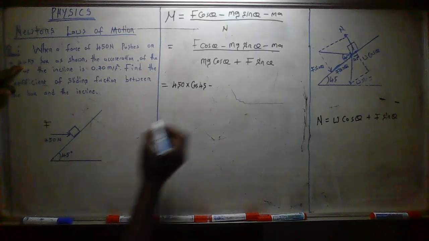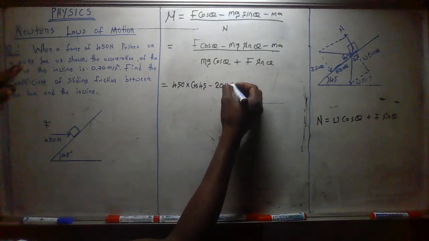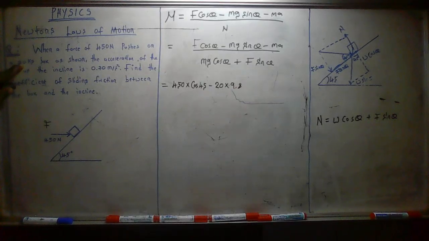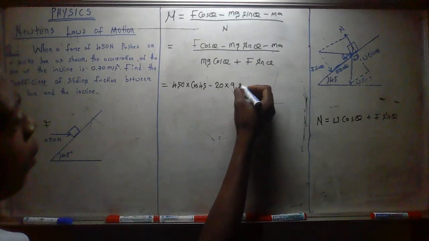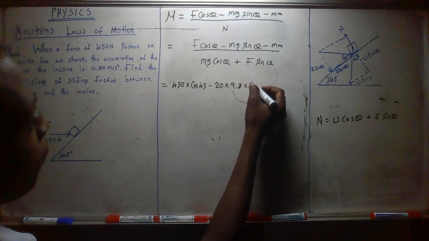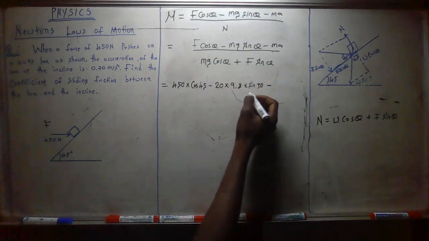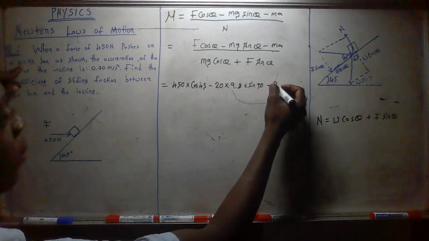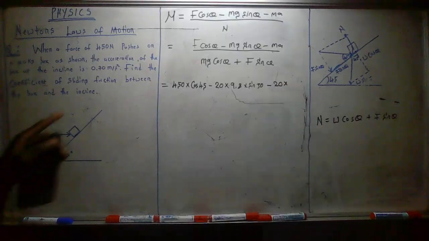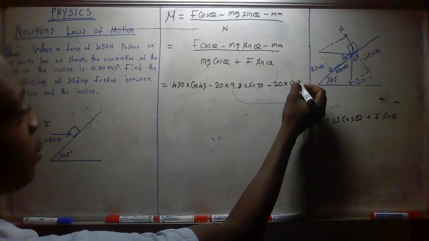The mass is this one, 20. Gravity, we use 9.8, but it depends with your school. Stick to your school. By sin theta, sin 30, minus the mass, again 20, by what's the acceleration? The acceleration is 0.7